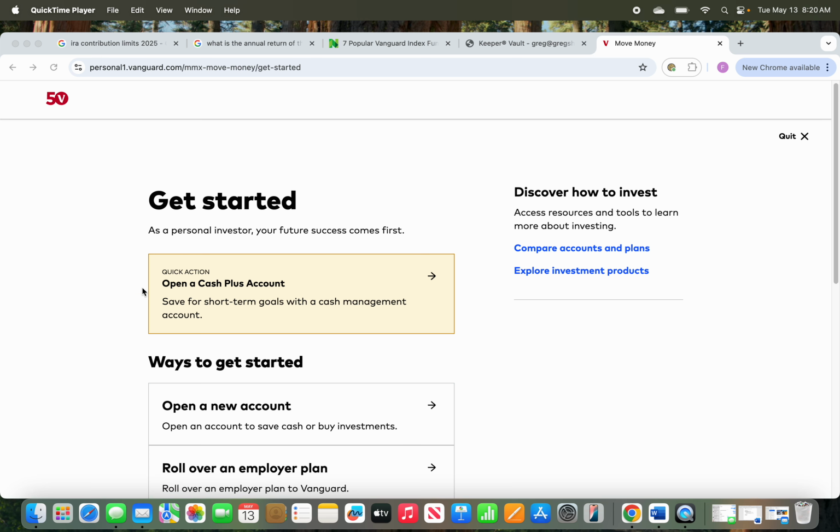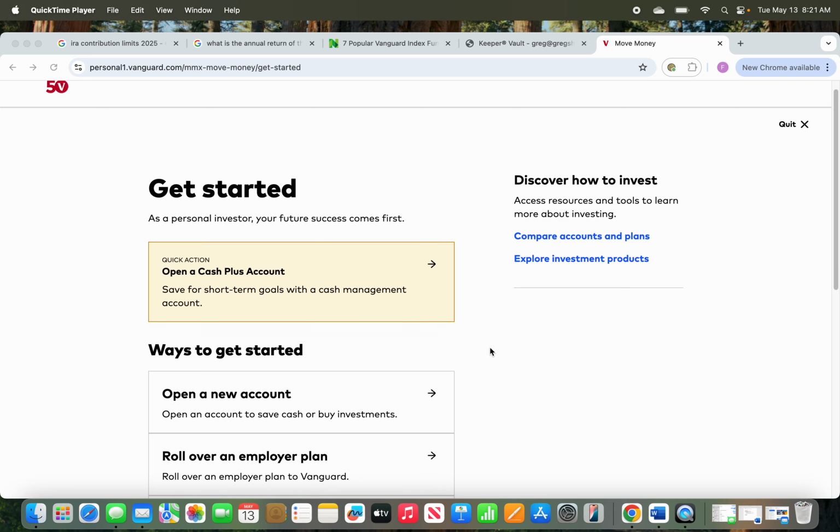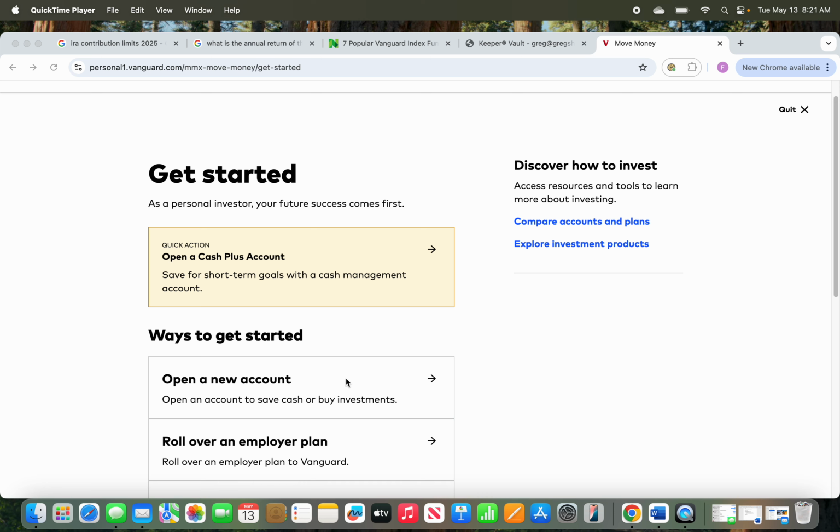I've also noticed here that they've added some products where you can have a cash plus account. This is essentially like an online savings account. So if you wanted to have your emergency fund here as well, that makes good sense. There may be good reasons to have that. I like my emergency fund someplace where I can't easily access it. I don't necessarily want it at the same bank where I am. I'd like to be able to have that where I have an automatic draft going in and it's somewhat separated from other things. But in this case, we're going to open up a new individual retirement account, or at least